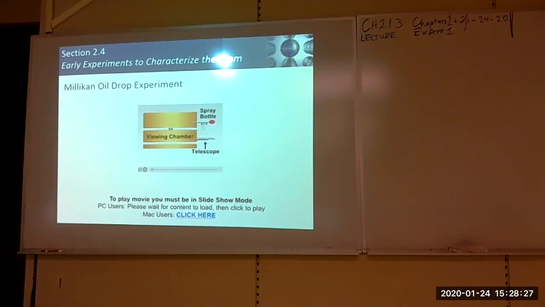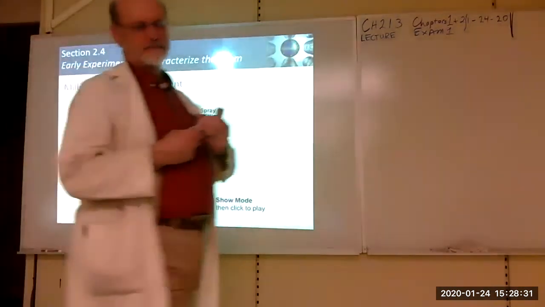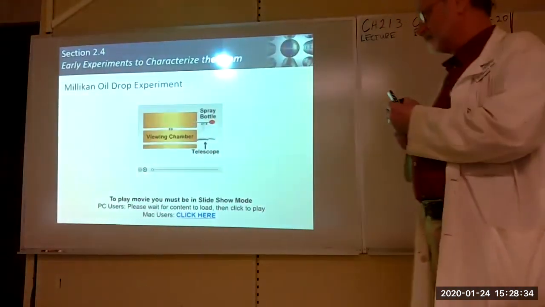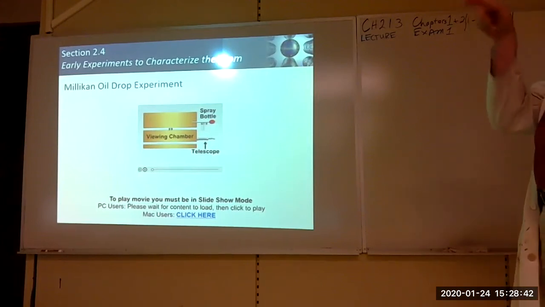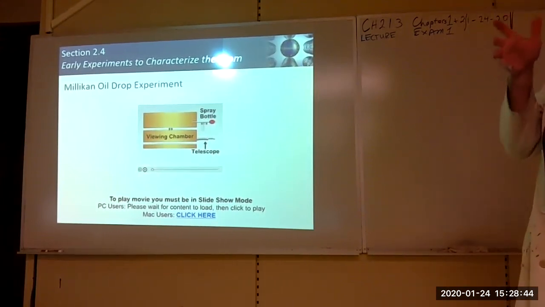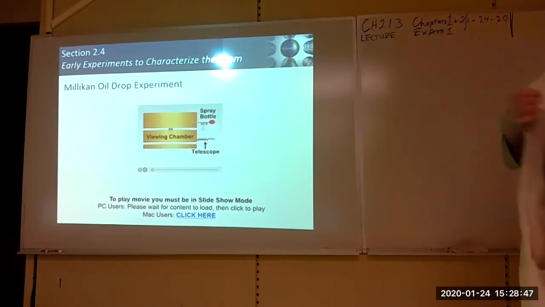Okay, so that's a schematic version of his oil drop experiment. But the oil drops are very small, so he needed a telescope to see into the evacuated chamber. You know, and he used oil because it had very low vapor pressure. So in that evacuated chamber,